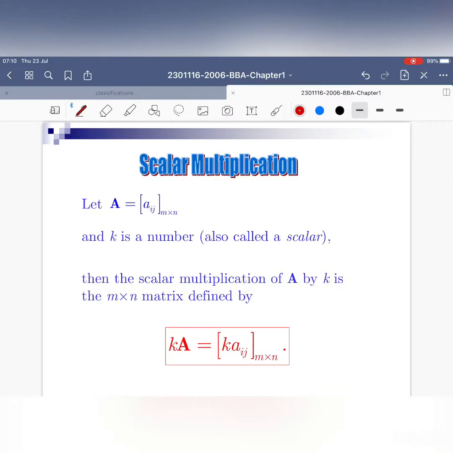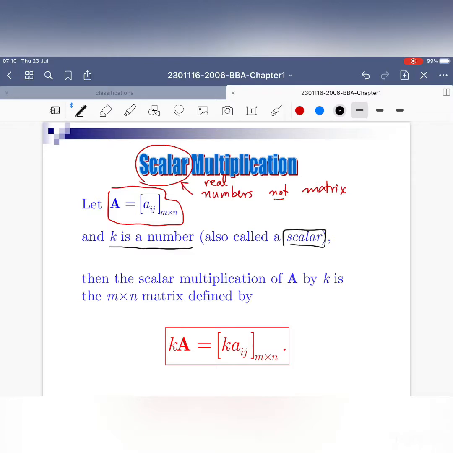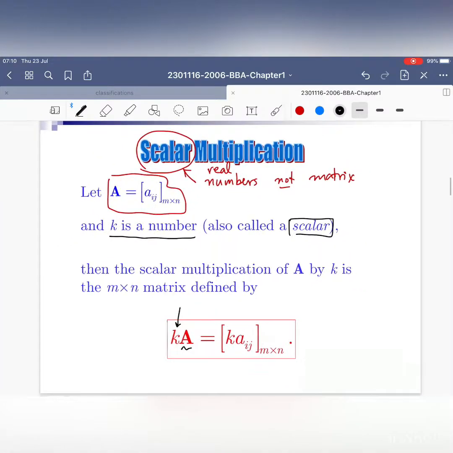Another kind of operation is the scalar multiplication. The word scalar means that you are talking about a number, and this number is actually a real number, not a matrix. If you have a matrix A of any size, and K is just a real number, which in this chapter is usually called a scalar, then the multiplication of K with a matrix A is position-wise,